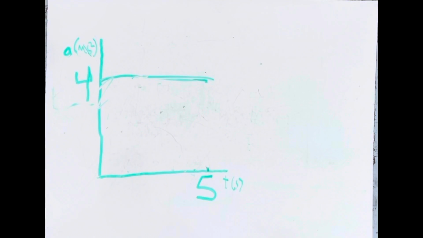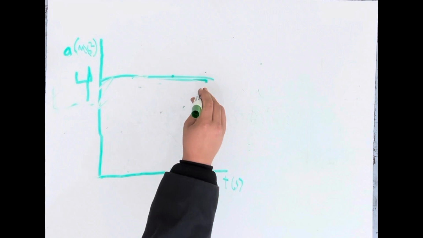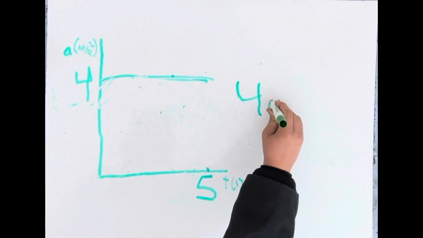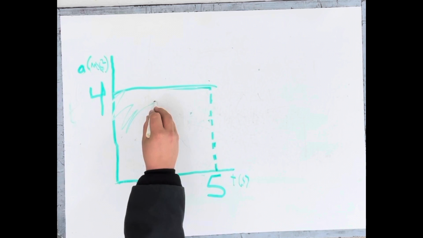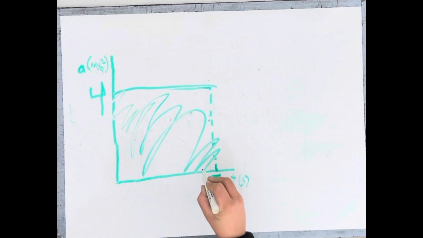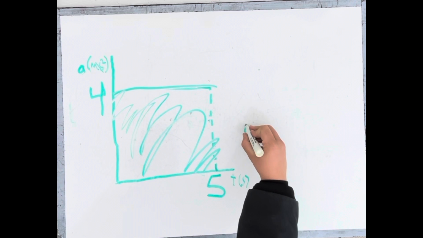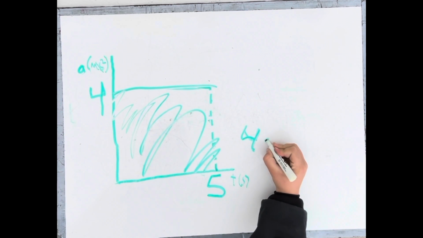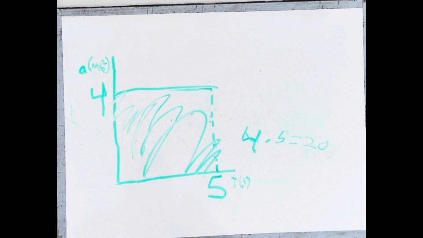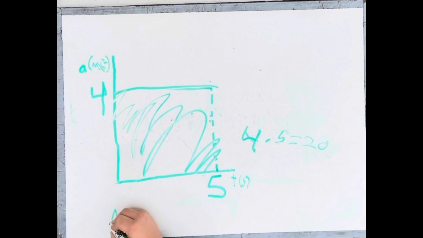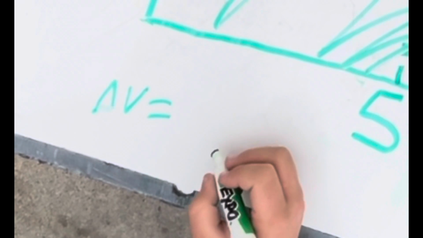To find the acceleration, you look at the graph. The acceleration here is 4 meters per second squared. To find the change in velocity, you need to find the area of this space, which would be 4 times 5, which would be 20. The equation for this is delta v equals